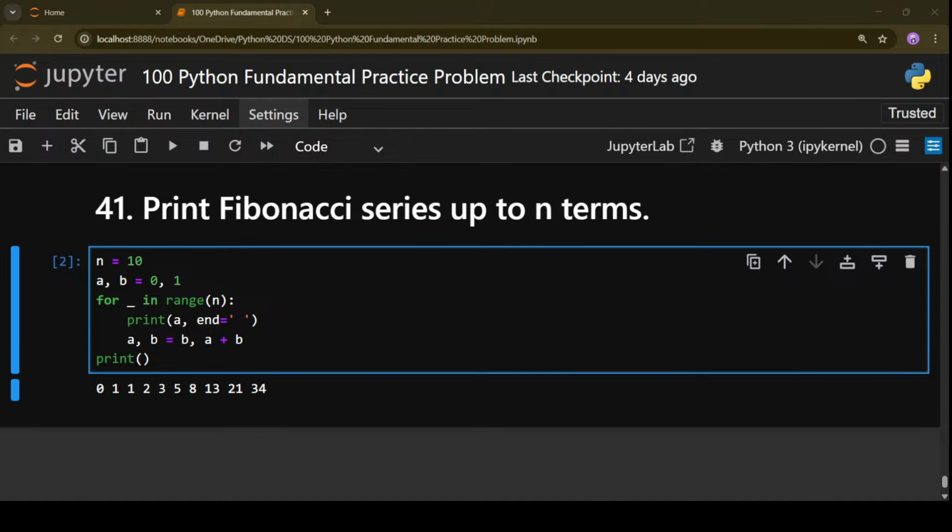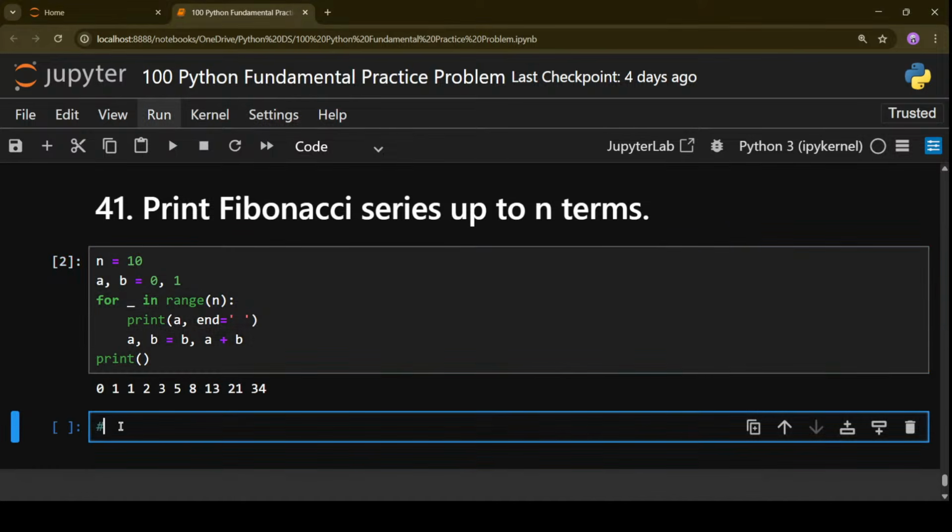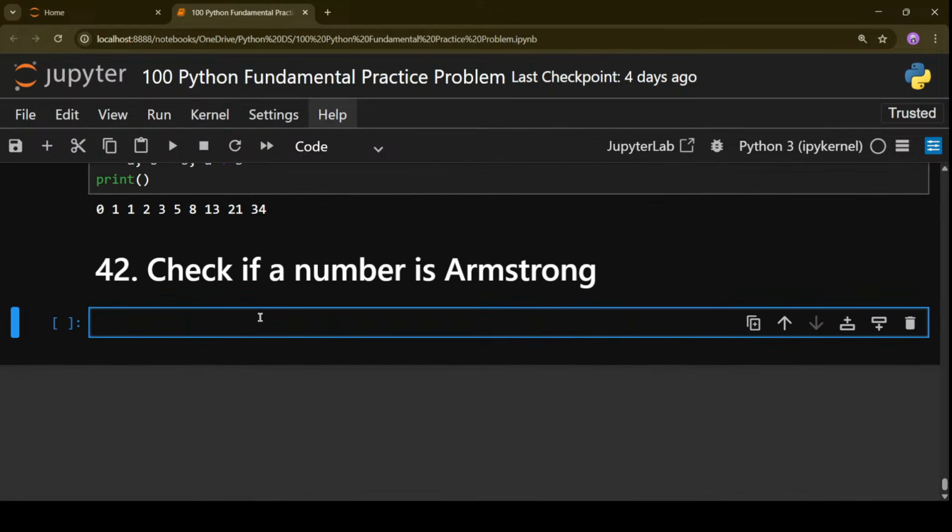Then the next problem will be problem number 42. Problem 42 is to check if a number is an Armstrong number.